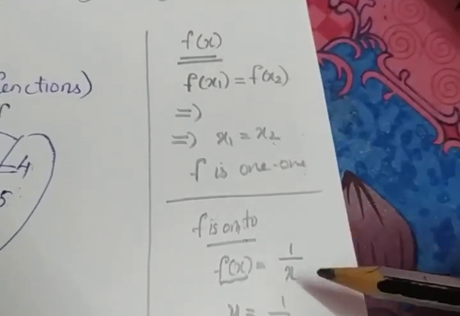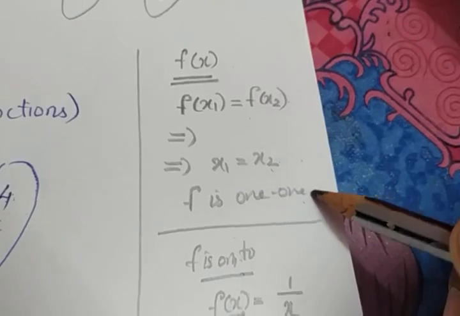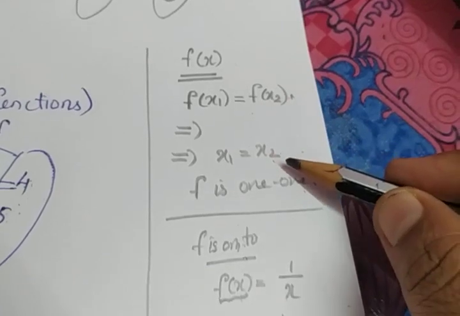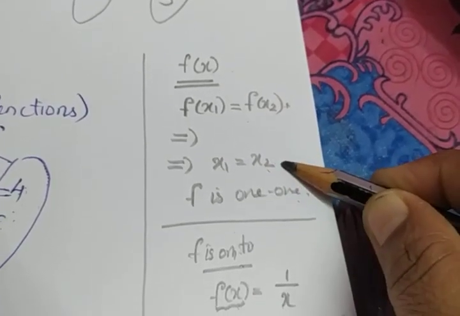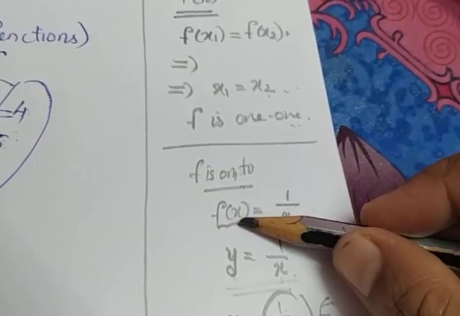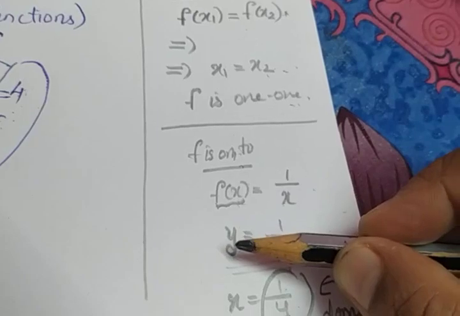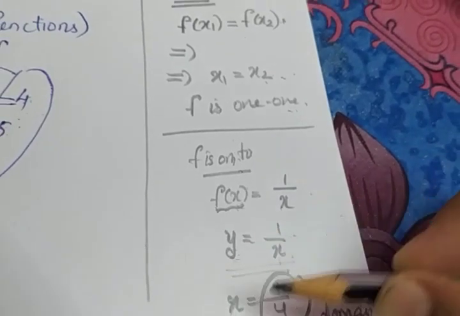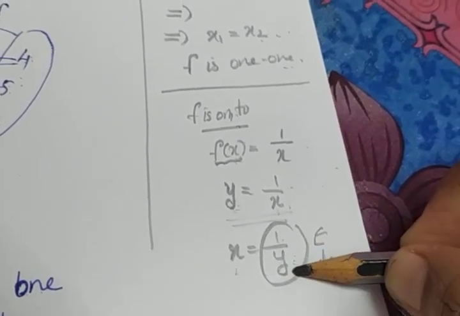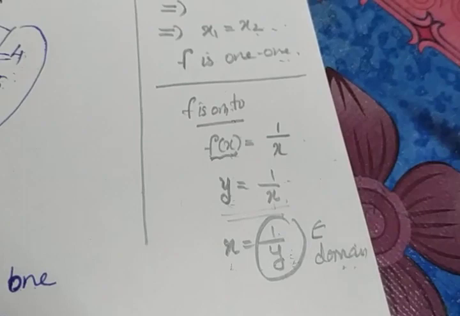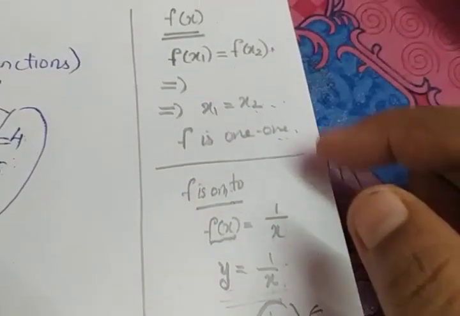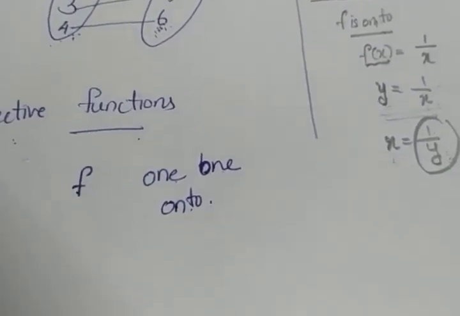So this is how we will check whether it is 1-1 and on-to. To check whether F is 1-1, take the equality F of x1 equal to F of x2 and try to solve to get x1 equal to x2. If we are getting x1 equal to x2, F is 1-1. To check whether it is on-to, instead of F of x in the function, we will replace by y, calculate the value of x, and check whether that value belongs to the domain or not. If it belongs to the domain, come to the conclusion that F is on-to. If F is both 1-1 and on-to, we will say that F is a bijective function.